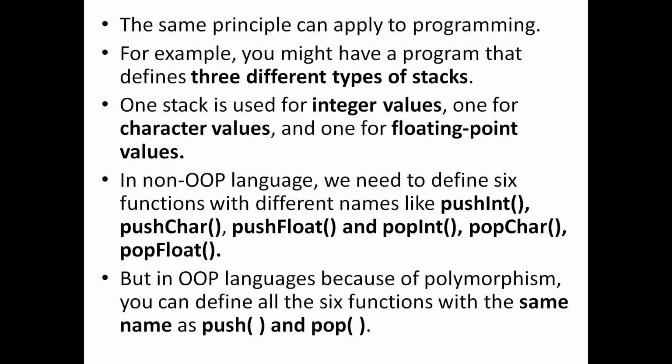So let's say I want to deal with all three possible data types. That is, I want to store integers, I also want to store float, and I also want to store characters. In that case, we have to declare three different arrays. One array is an integer array, for the integer stack. The next is a floating point array, for the floating point stack, and the third is a character array for the character stack.